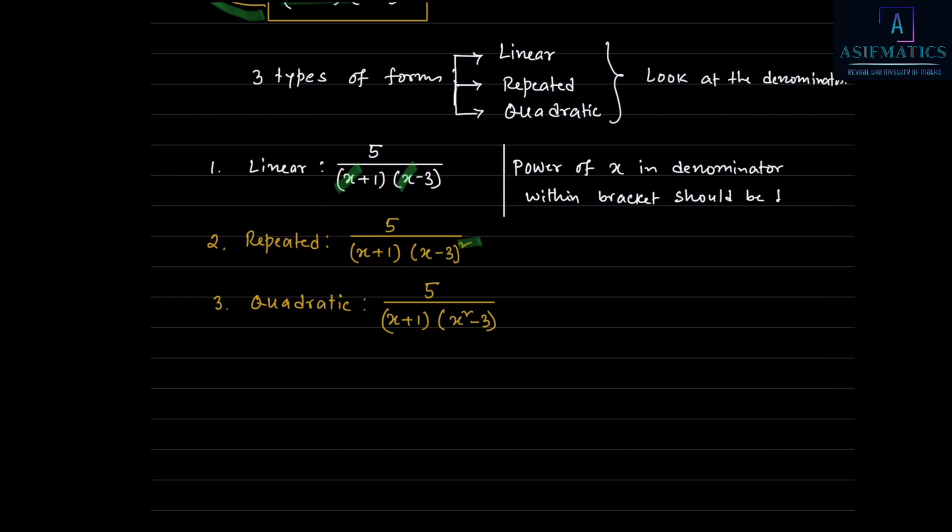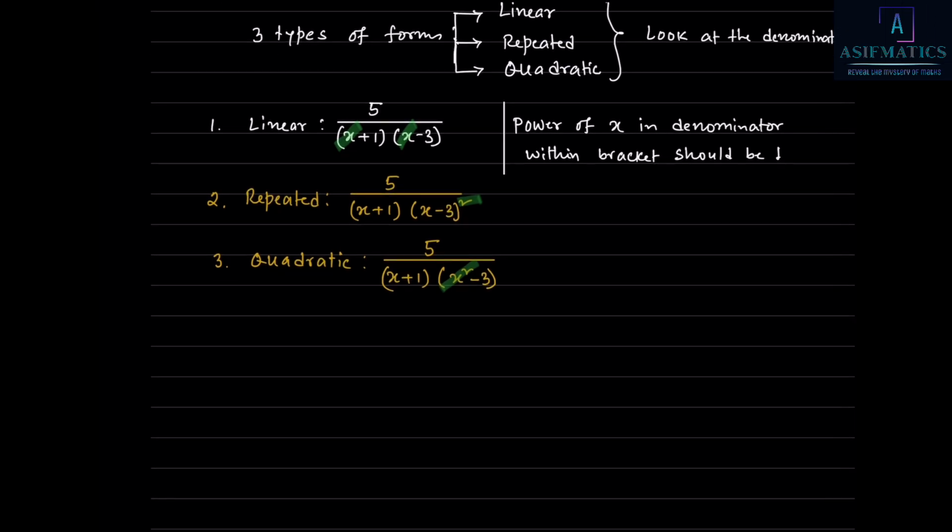So within the bracket you have one term which has power of 2. All right, so these are the three different forms. You need to identify which form is there, and based on that you need to write your formula. So if we have a linear form,